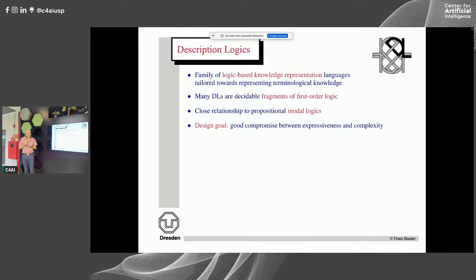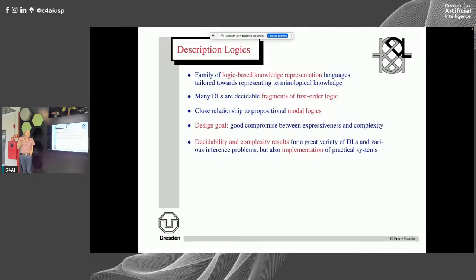The design goal in description logic was always to get a good compromise between expressivity, so what you need to express in your application domain, and the complexity of reasoning. Because if you want to draw consequences, it's important that you can draw them fast enough for your application. Now, for that reason, because we had this emphasis, there are now many decidability and complexity results for many different